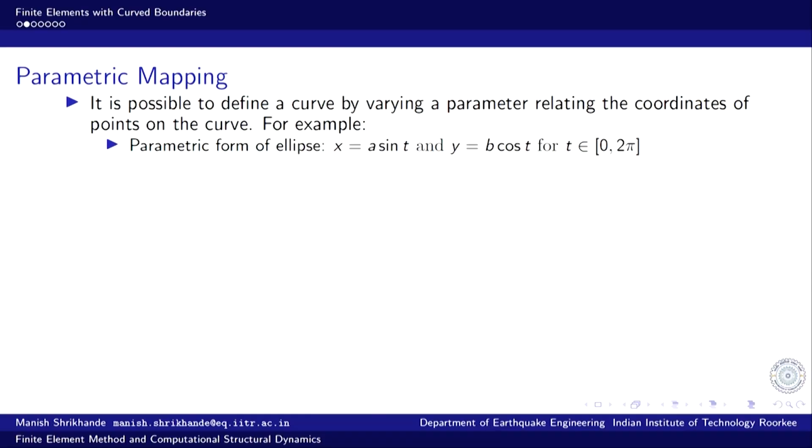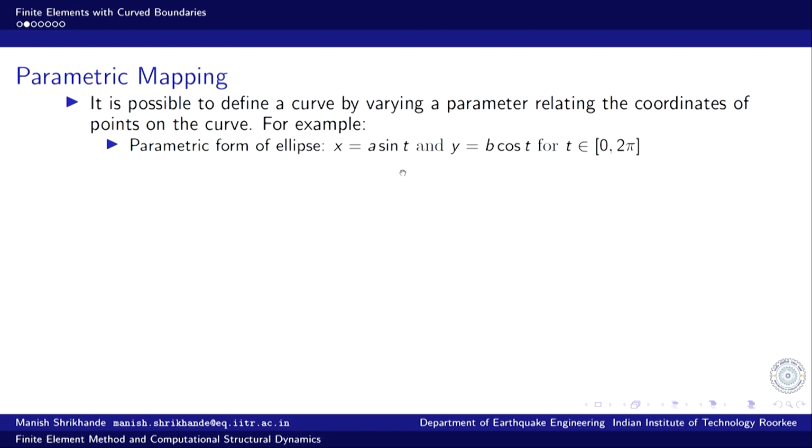So, for example, I was referring to the parametric form of the ellipse. The coordinates x and y can be written as x = a sin t and y = b cos t. t is a parameter varying from 0 to 2 pi. I mean that is of course the principal range. t can vary over anything, but because it is the argument of a trigonometric function, it gets mapped to the range 0 to 2 pi, since trigonometric functions are periodic with period 2 pi. So, t can be anything, but it will eventually roll back onto this range, and a and b are the semi major and semi minor axes.